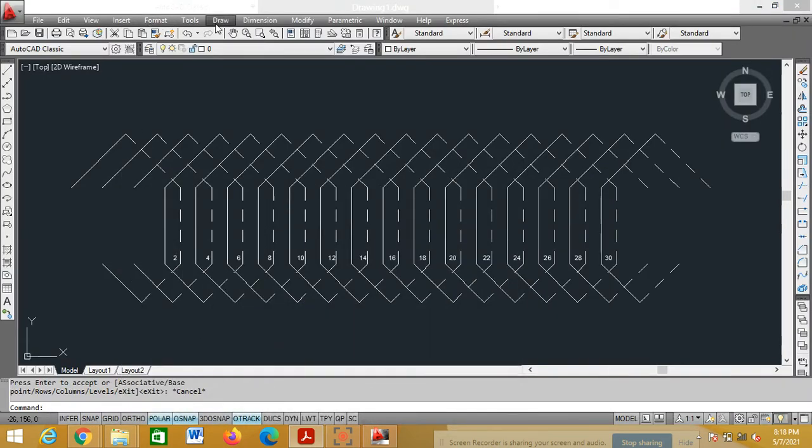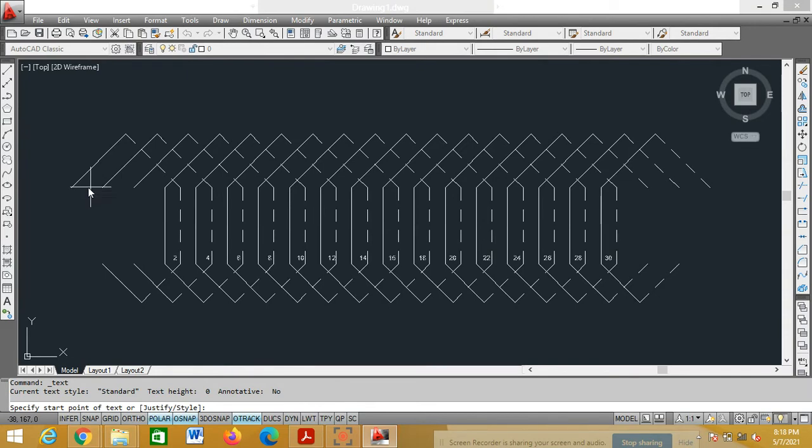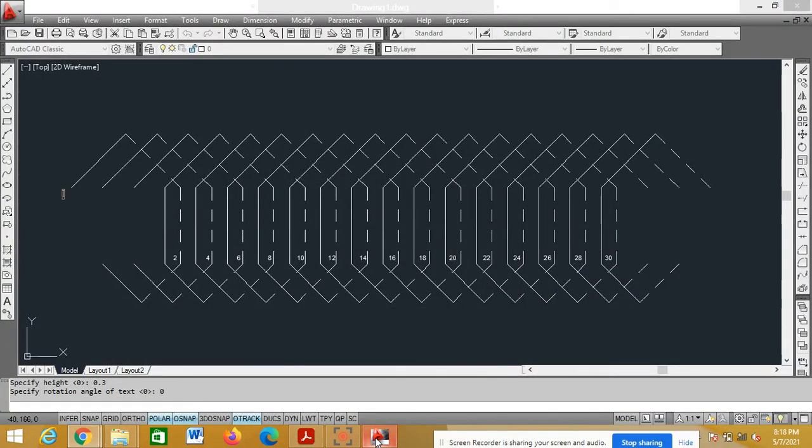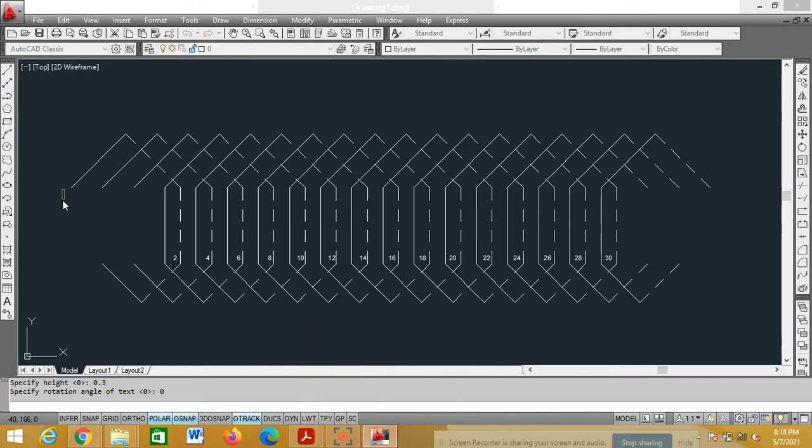So again go for draw, text, single line text. Click here, start point. Height of the text, here also I'll take 0.3, enter. Rotation angle is 0, enter. So this is what, how much? 25. You click here, 27. You click here, 29.